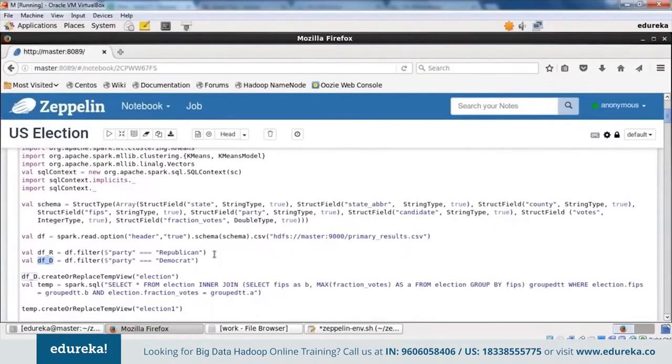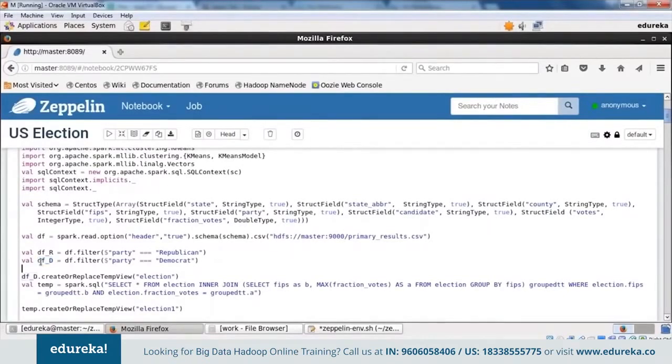So when you are at home, when you have free time, just analyze the Republican data and tell me what were the reasons that Donald Trump won. I want you to do all that analysis and come up with it in the next class, and we'll discuss whatever results and conclusions you have made after analyzing the Republican data. That way you'll also learn even more, and it will be practice for you after today's class.